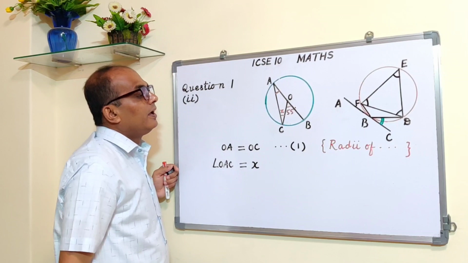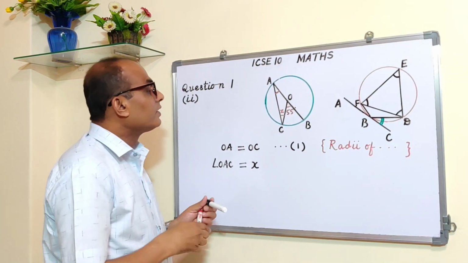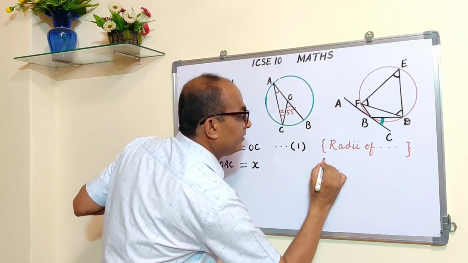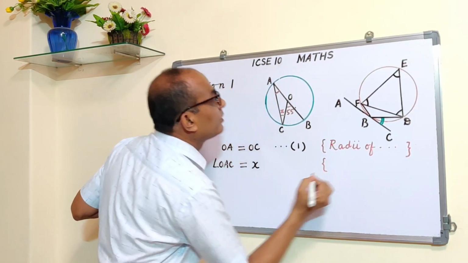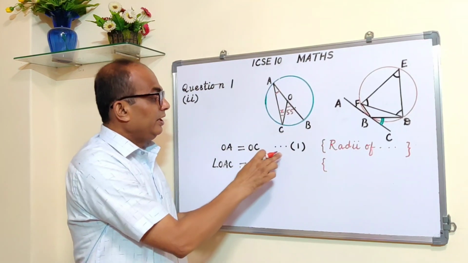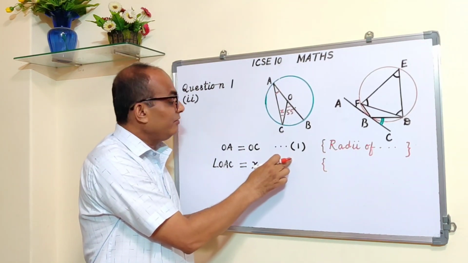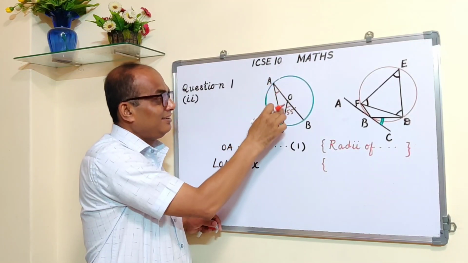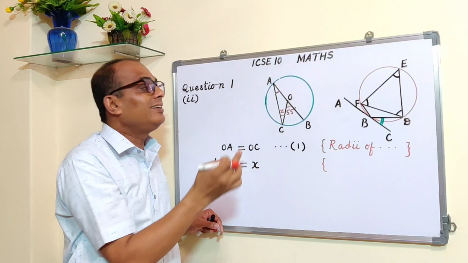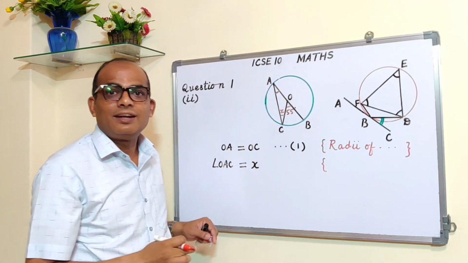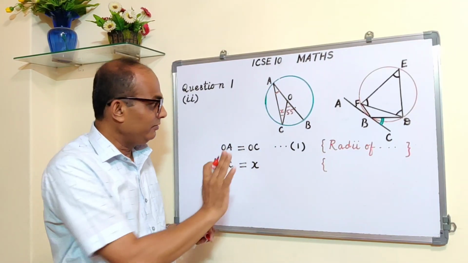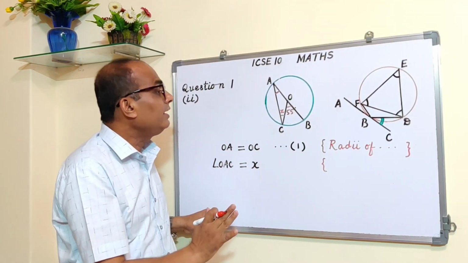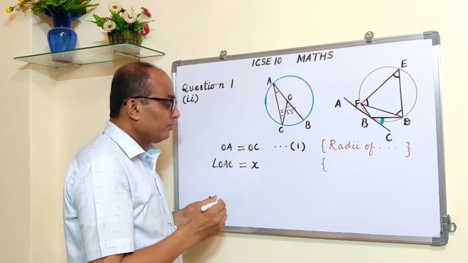Alright? Reason you can give? In equation number 1, we have already mentioned that OA and OC are equal. That means this side is equal to this side. In other words, triangle OAC is an isosceles triangle. Already we have written in equation number 1, right? Fine. So we can write down from 1